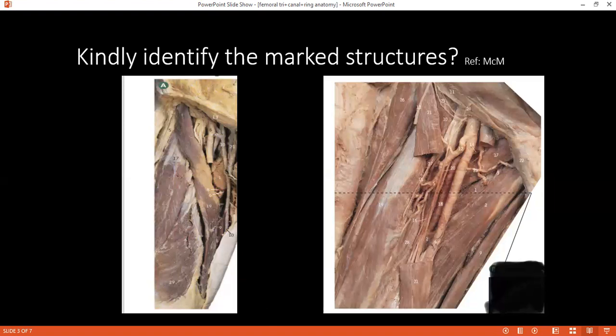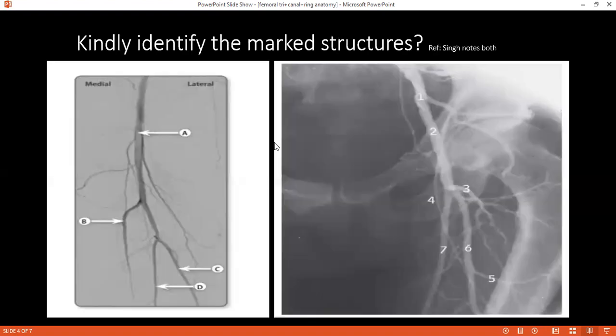The contents consist of the saphenous nerve, the superficial femoral artery, the superficial femoral vein, and the nerve to vastus medialis. What is the purpose of this triangle? Through this triangle, the femoral artery passes and goes into the posterior compartment of the thigh